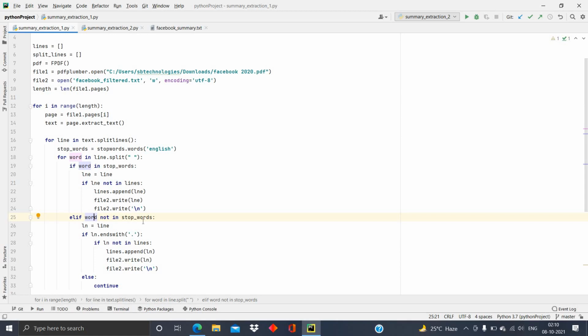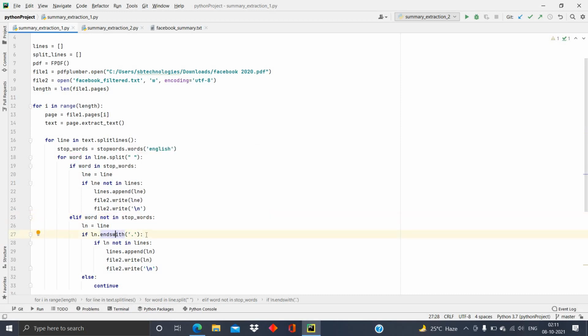where we can find some lines without any stop words, but they are meaningful. For example, if a paragraph is completed with a single word which is the continuation of its previous line, it is very necessary to complete this meaningful sentence. But if it does not contain any stop words, the line will be ignored. To avoid that, I am going to use a condition again. I am going to use a technique here.